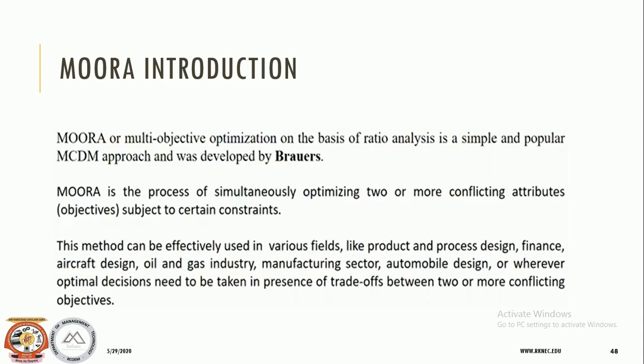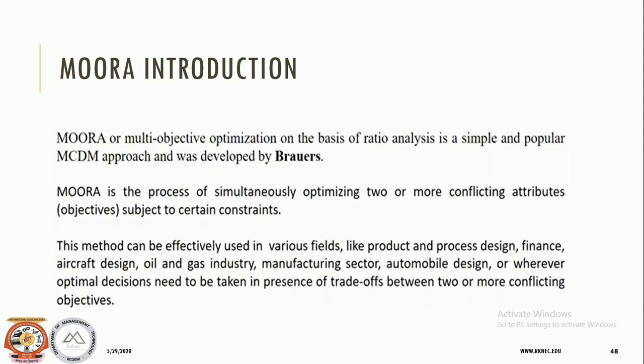Now, for normalization, the MOORA method uses the vector normalization procedure. It is not a linear normalization procedure. Linear normalization means we are not going to play with the actual decision matrix values; we use them as they are, without taking squares or square roots. That is why it is a linear way to deal with decision matrix values. But this particular normalization is the vector normalization process, wherein we take the square of the decision matrix values and use that.